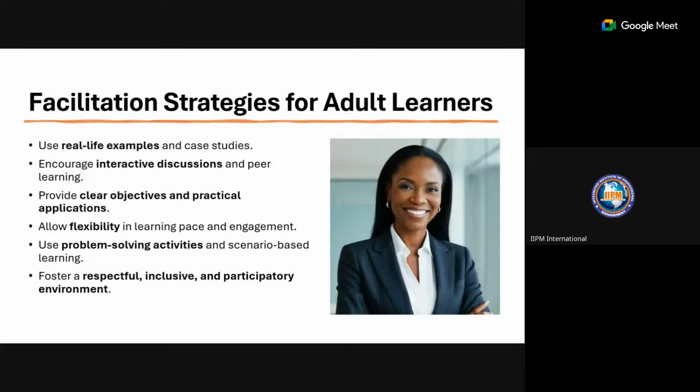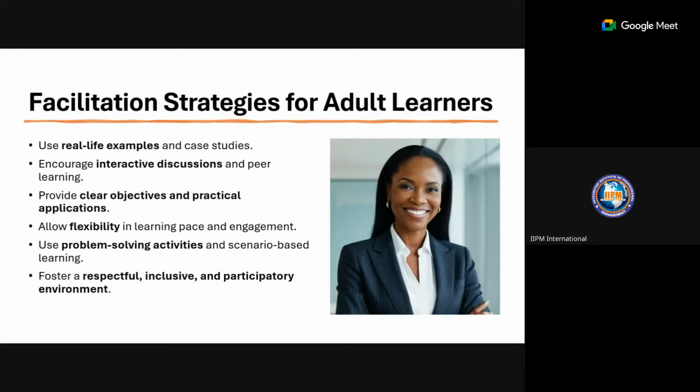Okay, so now when you're facilitating adult learners, what could be the common strategies that will help you? Number one is for you to use real life examples and case studies. Adult learners, in most cases, can read and can write, but their major challenge is to transform the knowledge to application, to results. So you want to help them with real life. If it has been done before, show them how it was done and how they can now use the same experience to obtain results.